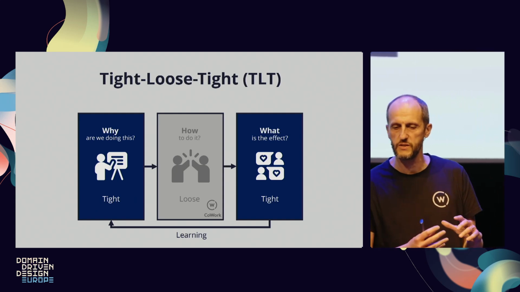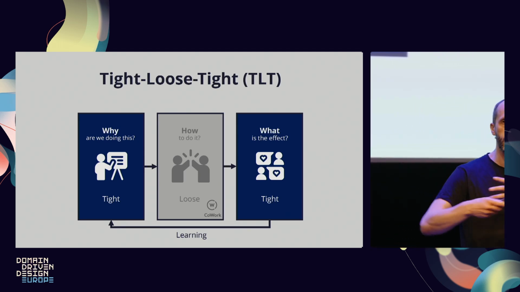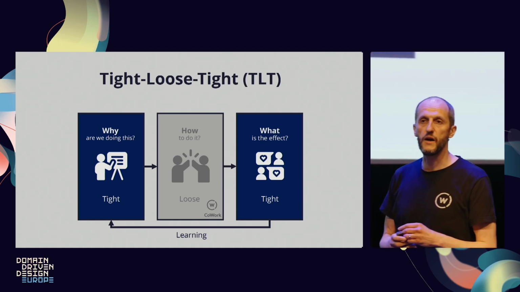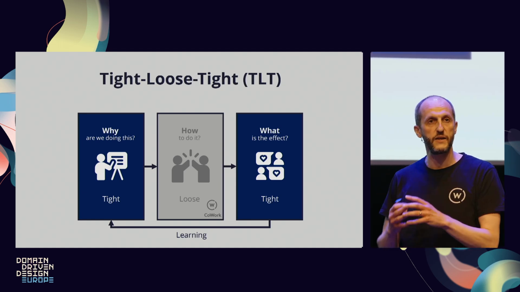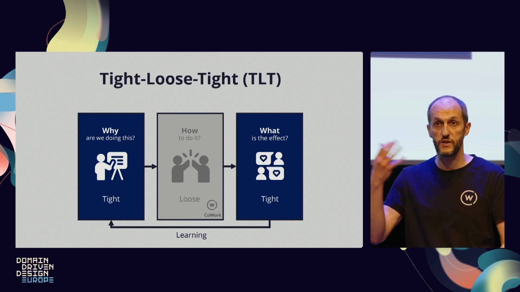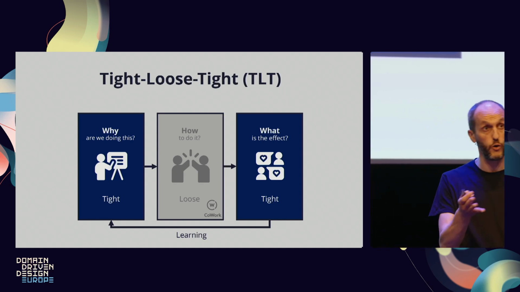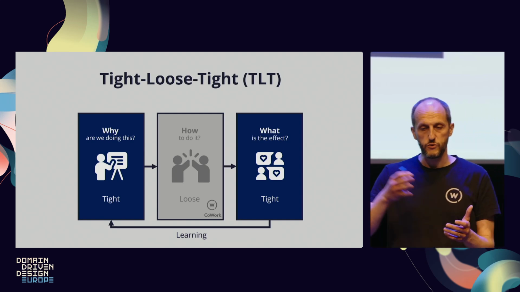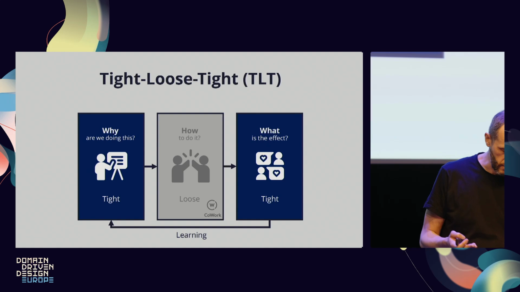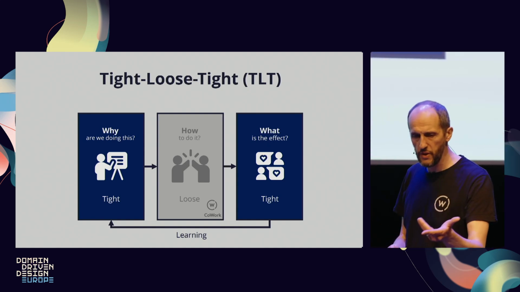Why are we doing this? What is our first site? What are our goals? Then how to achieve the goal is very much up to the team. And you get together at the end, and you evaluate what have you learned, what are the impacts, did you achieve the goal, are you moving towards the goal. So use the learning from the last time to the first time and reiterate the cycle. So Title State, TLT. Rather simple.